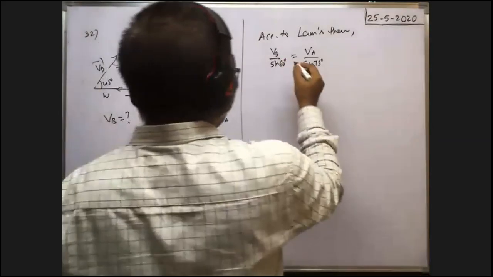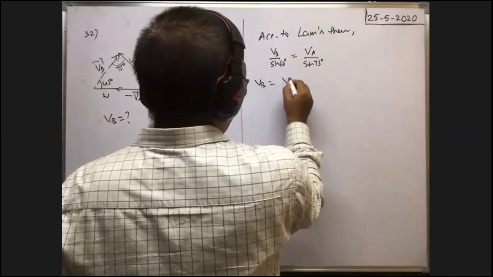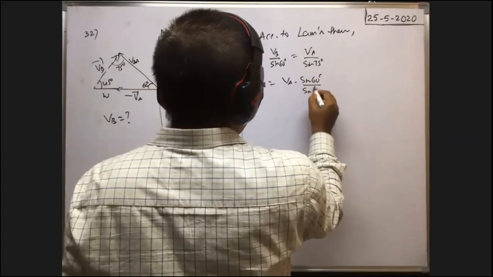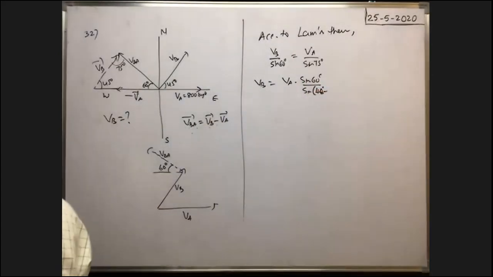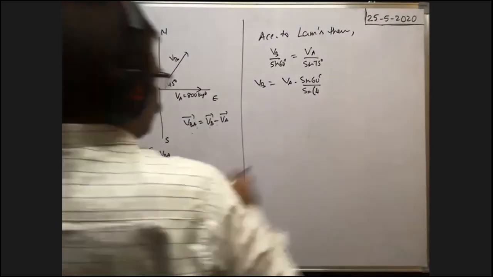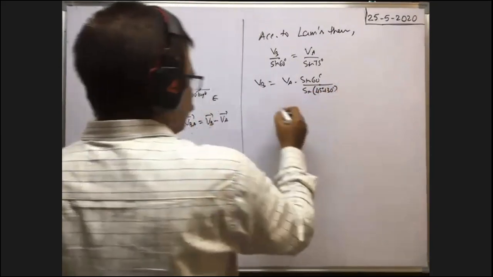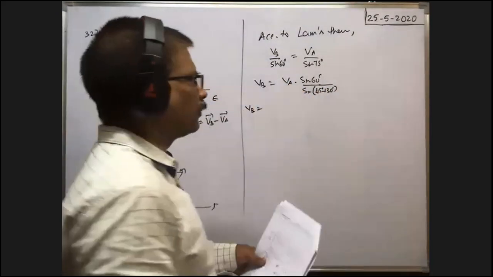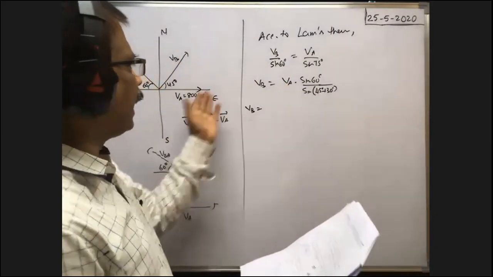Now from this we need VB. So VB is equal to VA into sine 60 by sine 75. Sine 75 can be written as sine of 45 degrees plus 30 degrees, no? If you know the value of sine 75 directly, we can write it. Otherwise, we can write sine 45 plus 30. It makes no difference. Now, VA is already given as 800 km per hour, and VB is also in km per hour only. That's why you substitute VA directly in km per hour.